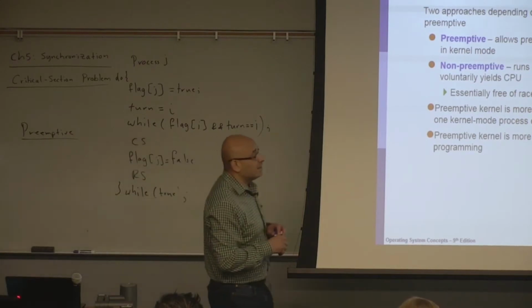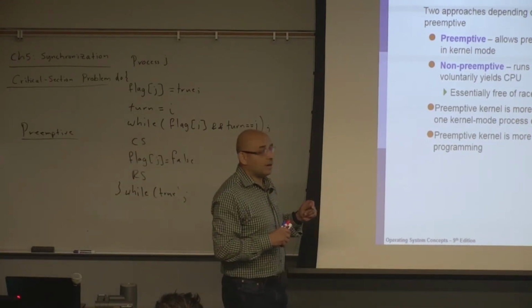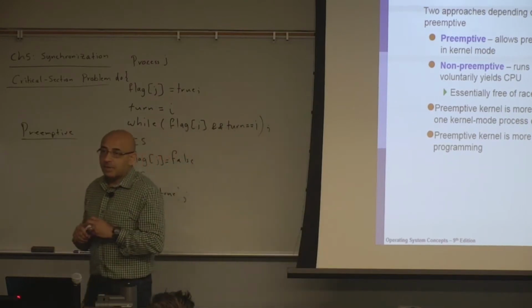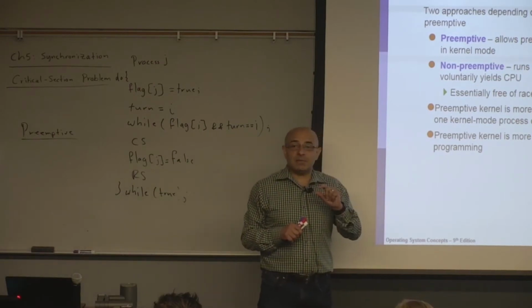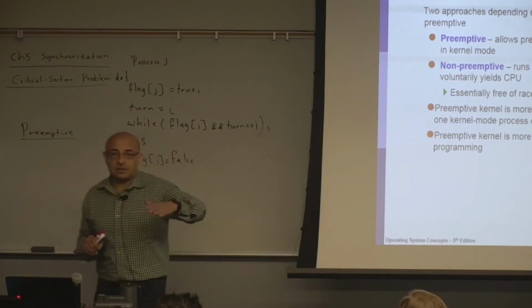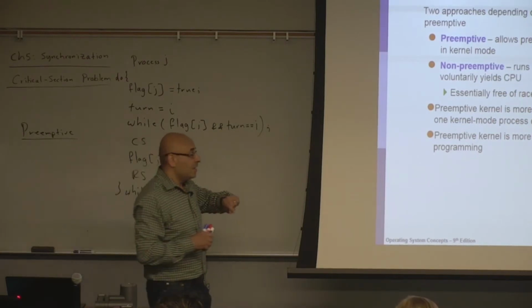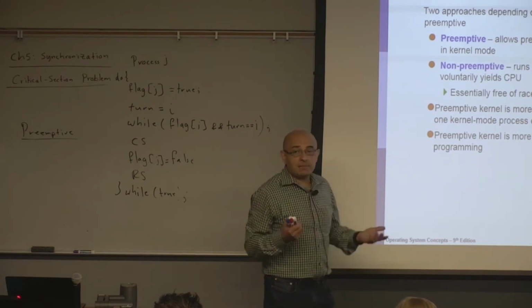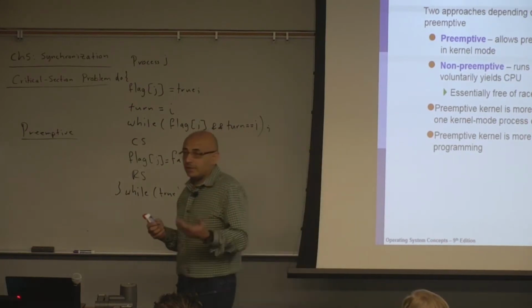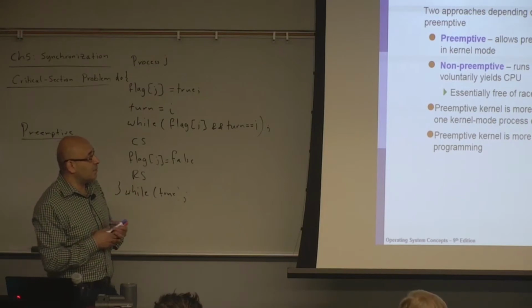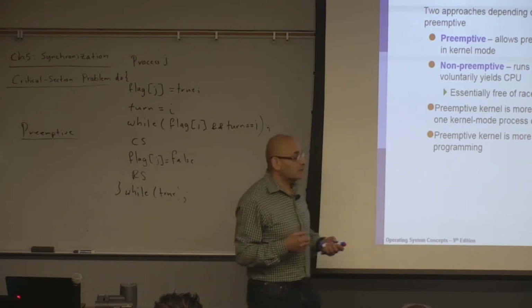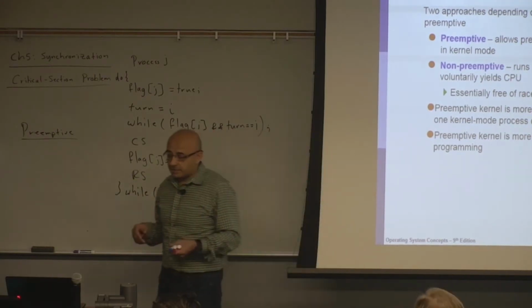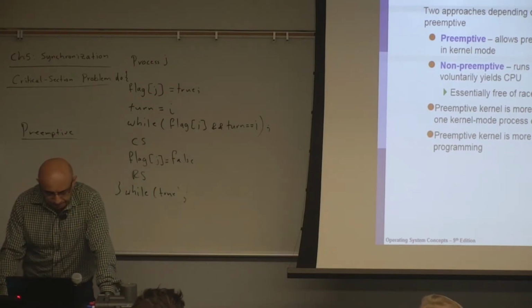So the point here is that preemption is what causes the critical section problem. The reason we have a critical section problem is that a process may get interrupted in the middle of modifying a variable. But if there is no preemption, a process will not get interrupted in the middle, and we will not have a critical section problem. But why do we have preemption? We have preemption for responsiveness. That's what preemption gives us, and that's why preemption is the kind of scheduling that we focus on.